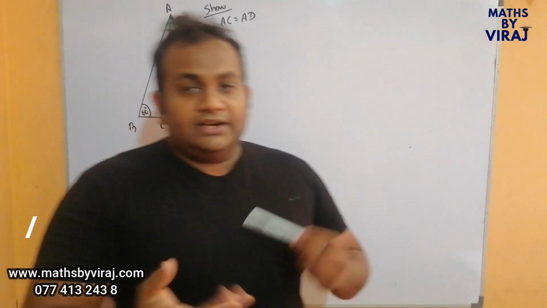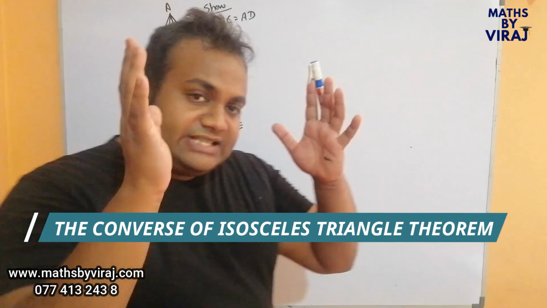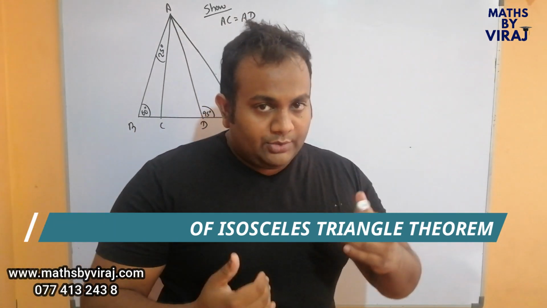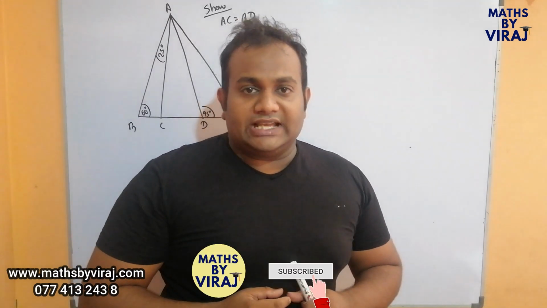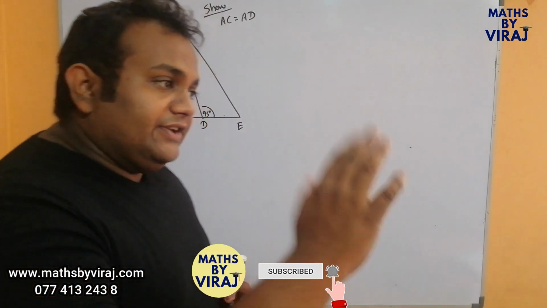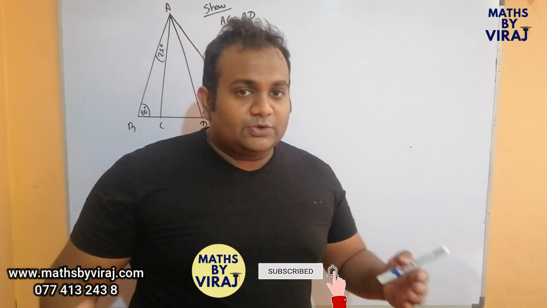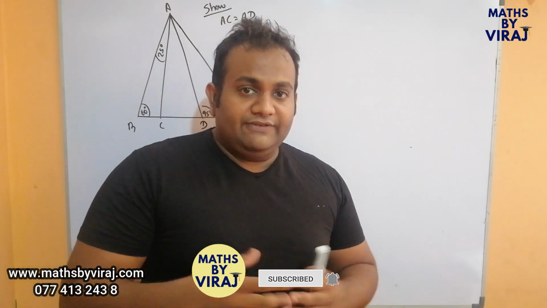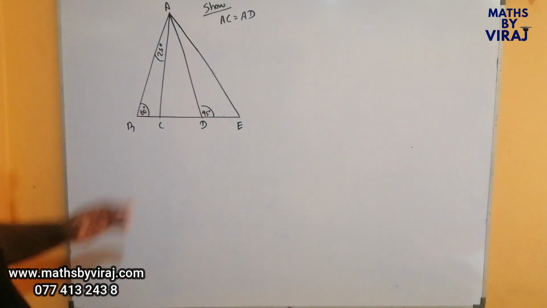Children, the converse of the theorem on isosceles triangles. Now, if two sides are equal in length, we came to the conclusion that the angles produced by those two sides are equal. Now, if the angles are equal, then we can say that those two sides are equal in length, the sides opposite to which the angles are made. Right. Now, this example is